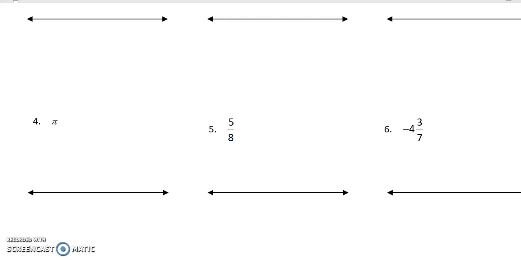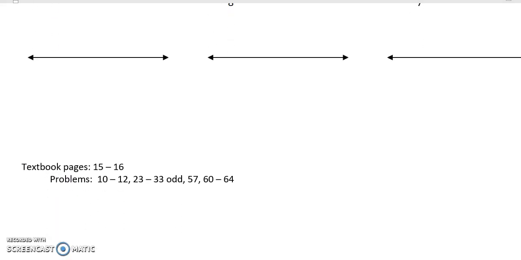Now, if you take a look, I've also assigned problems out of the textbook. Since some of us might have issues accessing the textbook, I'm going to place a screenshot of these problems on Google Classroom so that you can access them, if you haven't already accessed them from a friend by taking a picture. But again, I realize this is our first day back. If there's any issues, don't worry, we'll get them resolved. If you can do these problems from the textbook, great. If not, again, since it's the first